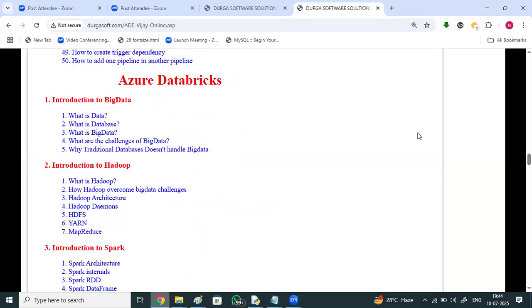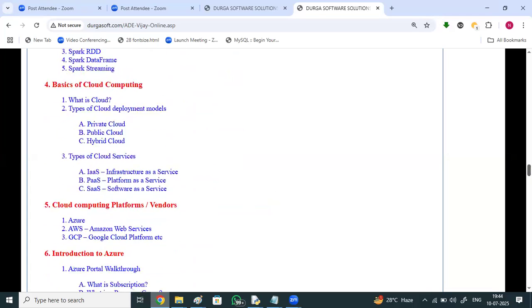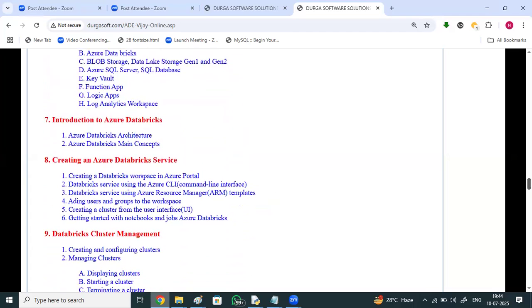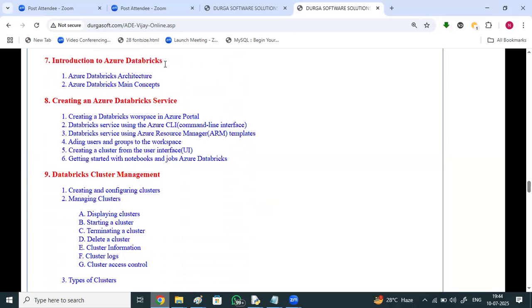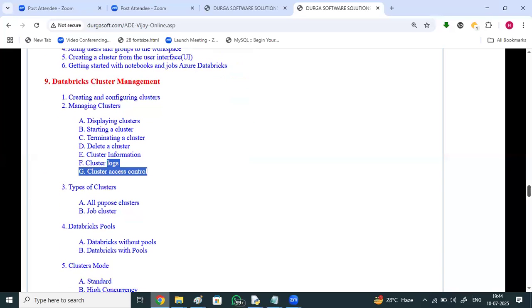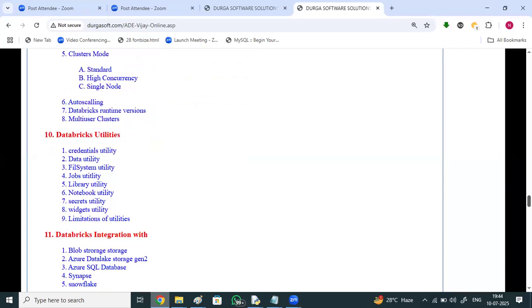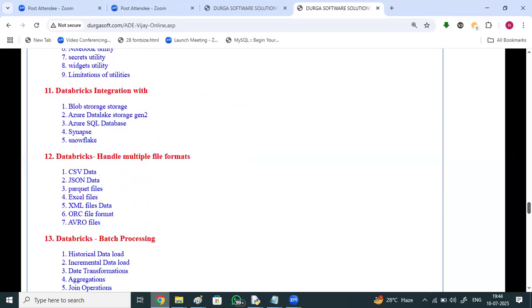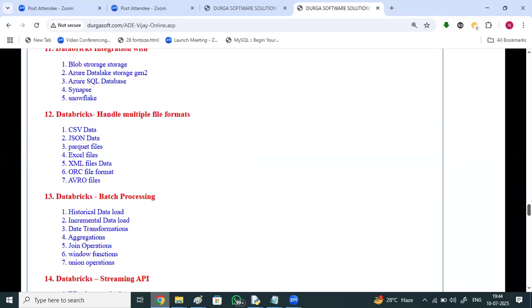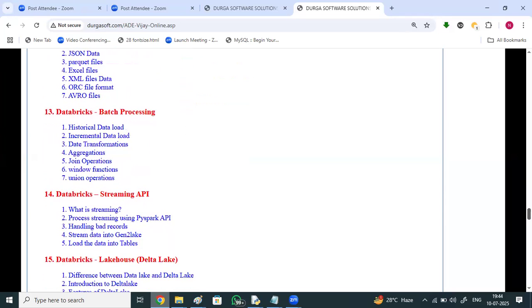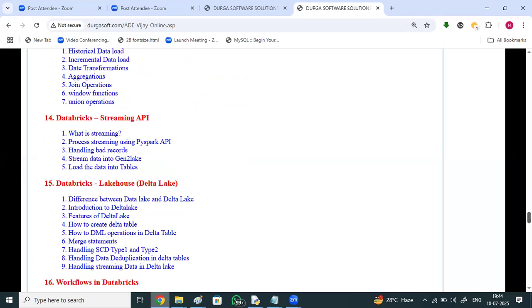And coming to Databricks, before I go with Databricks, the prerequisites: some introduction to big data, introduction to Hadoop, introduction to Spark, cloud computing, and Azure. Before going with the actual Azure Databricks: Databricks architecture, Databricks concepts, creating clusters, displaying clusters, starting cluster, terminating cluster, deleting cluster, cluster logs, and Databricks pools, cluster modes, auto scaling, multiple clusters, Databricks utilities, integration with Blob, Azure Synapse, handling multiple file formats, batch processing using PySpark, streaming API, Lakehouse, Delta Lake,